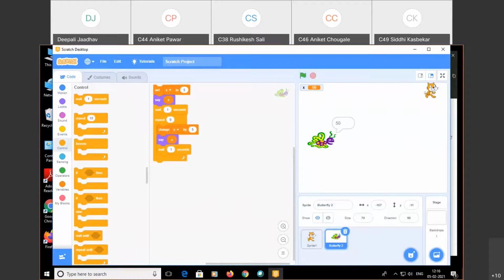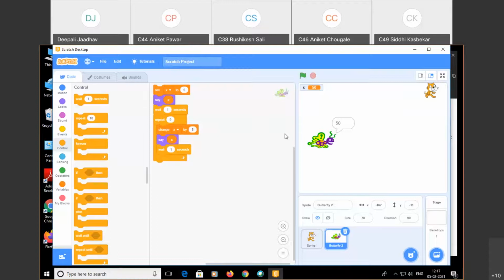So this butterfly says the table of 5, and see how few commands are required. With repeat it becomes very simple to perform such simple programs.